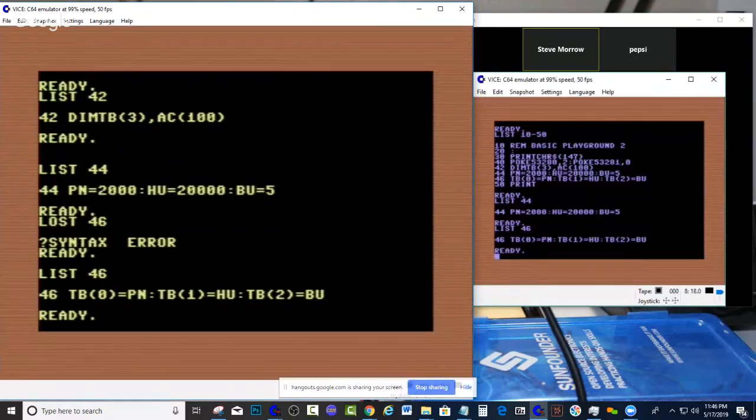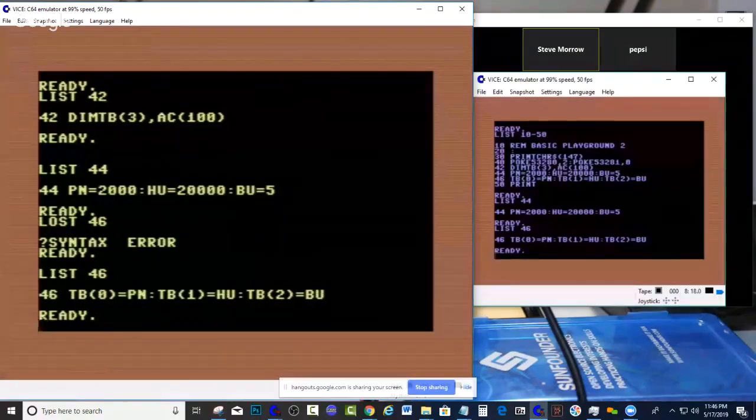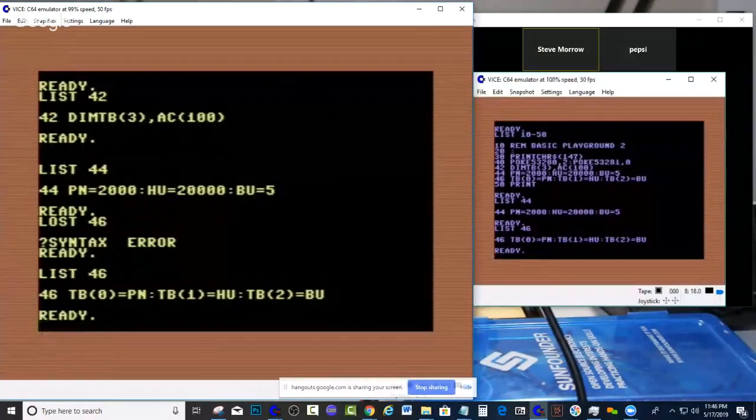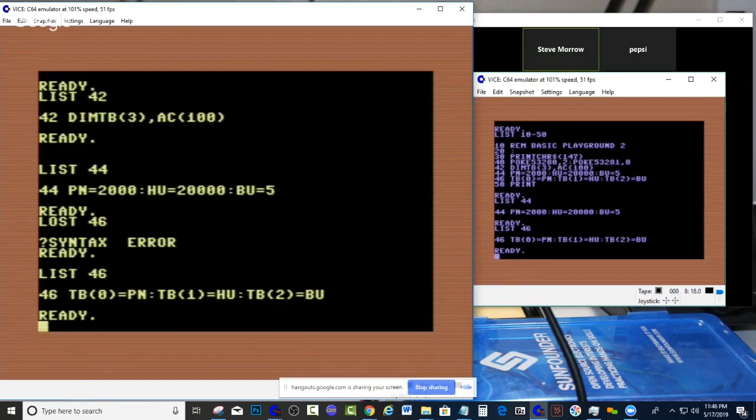Is keeping track of the value of TB0, which is our running total of our pint the first time we run the program, second time, third time, and so on. Just keeping track of all these. Actually, that's not the one we have running for the tally, but right now it's just keeping track of individual values. So it's only keeping track of the value stored in PN each time. So that would be whatever the number was, I think it was 2000 or something